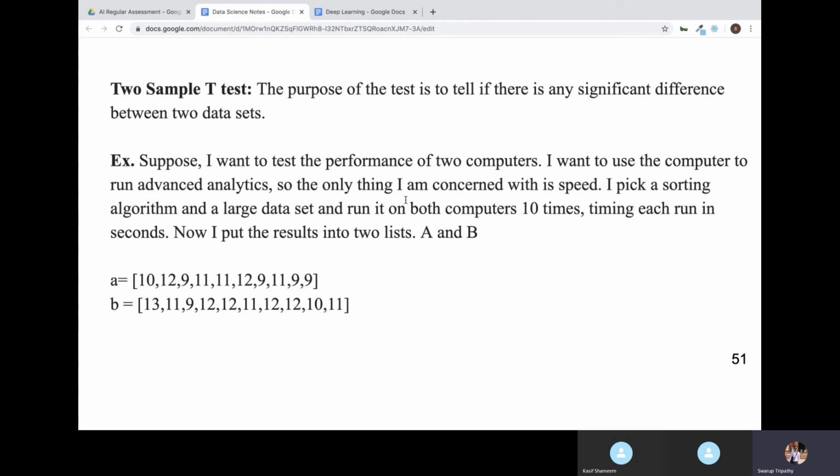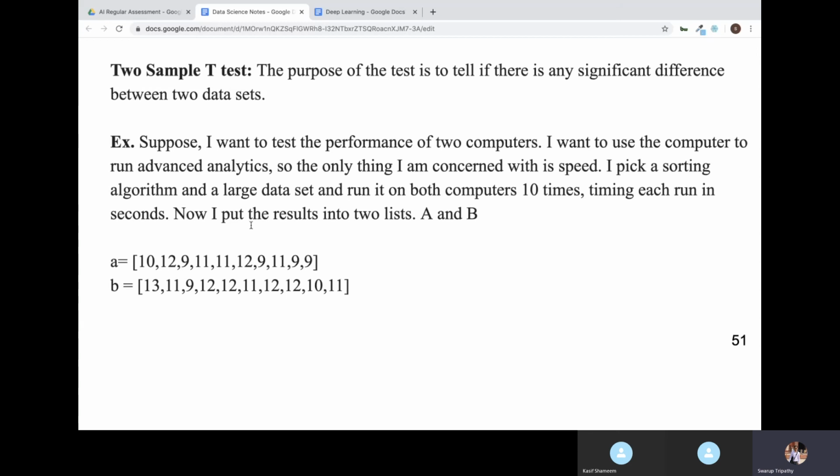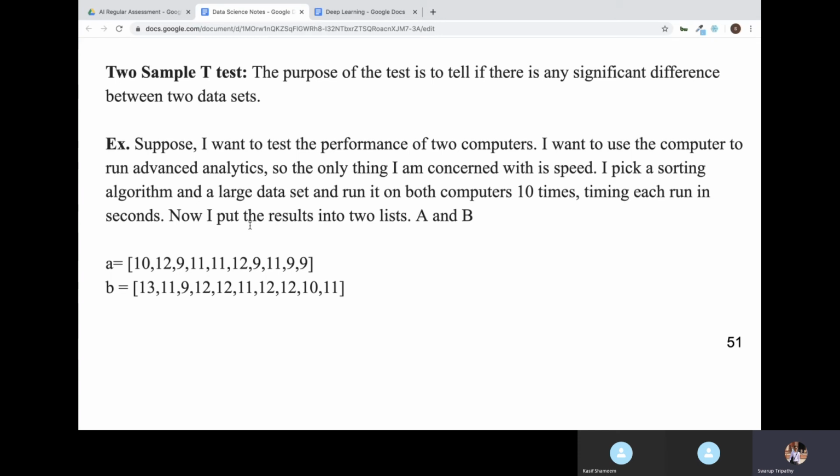Okay, to take an example, suppose I want to buy a computer. I want to buy a computer which is fast in performance, which is performance oriented. So I went to the computer shop and I liked two computers there. I like both of the computers. Now I want to see which computer is much faster, as I want to do some analytics and other things on it. So I want to buy a computer which is very fast. Within those two I want to check which one is faster. Both of them look very similar, configurations are very similar. I just want to see which one is faster.